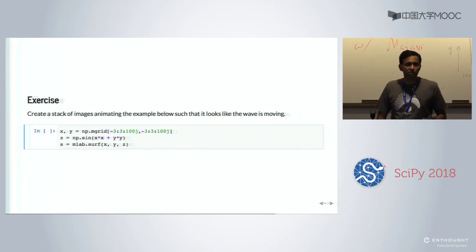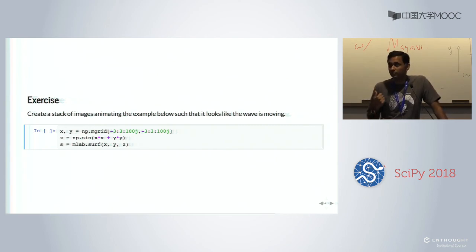There's an exercise, which I'm not going to ask you to look at. It's a simple exercise. All it does is, it starts with this. You want to try this? Or should we just move on? Because we have an hour and a half.